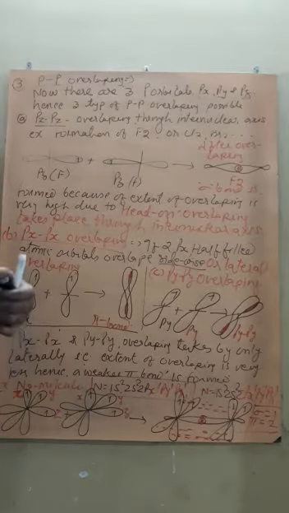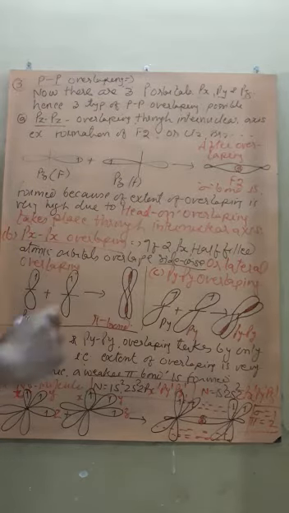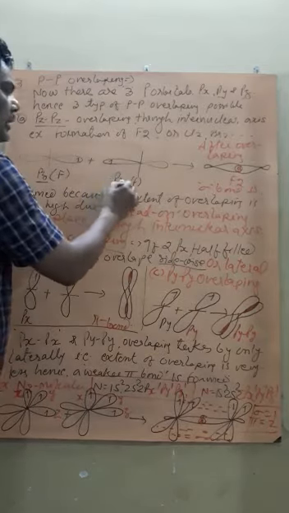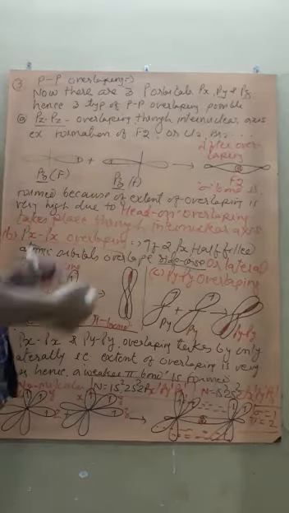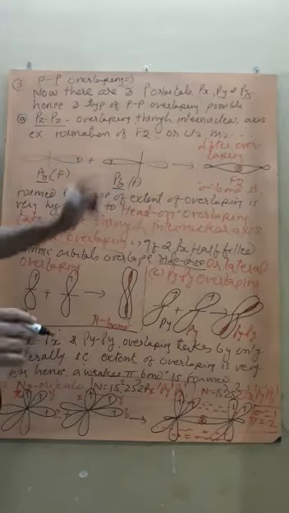Student, first we are watching pz pz overlapping, by taking the example of F2 or Cl2 or Br2. If you write their electronic configuration, it is 1s2, 2s2, 2px2, 2py2 and 2pz1. That is, the z orbital has one electron, that is a half-filled orbital. So if the pz orbital of one atom and the pz orbital of the second atom overlap with each other, they form the F2 molecule, by pz overlapping.